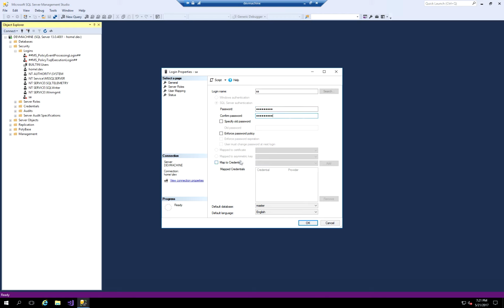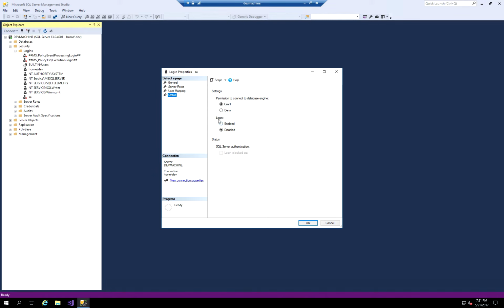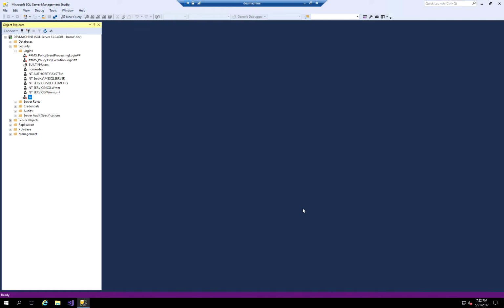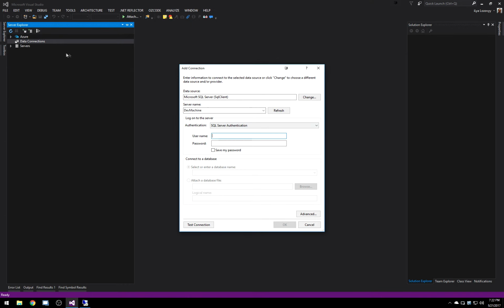And I'm going to go ahead and set the credential I want to use, as well as under the status options I'm going to set it to enabled, and you'll see that it's going to remove the X on the account, which means it's going to enable that account. So if I refresh here, you can see the account is enabled, and I should be able to actually use that now. So I'll go back to my other machine and choose that account